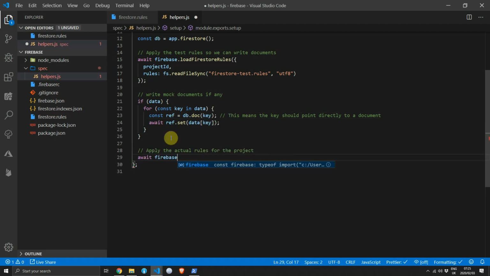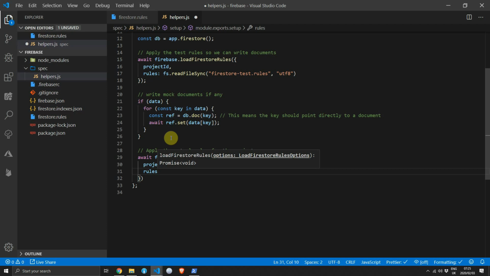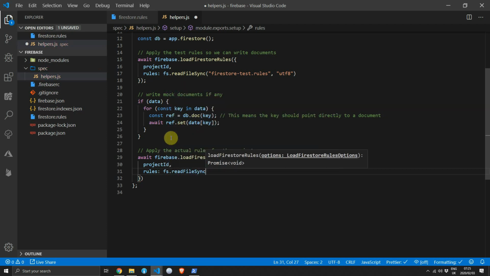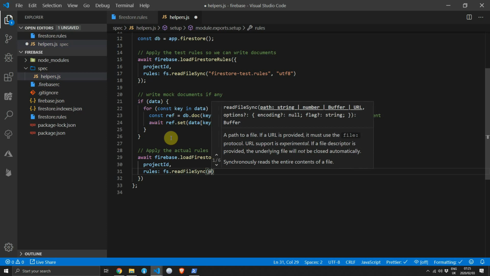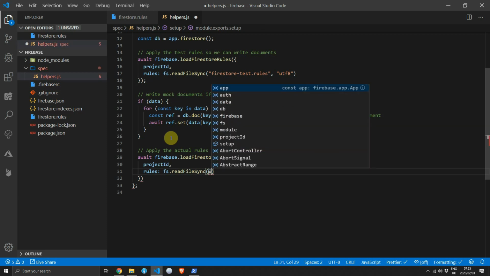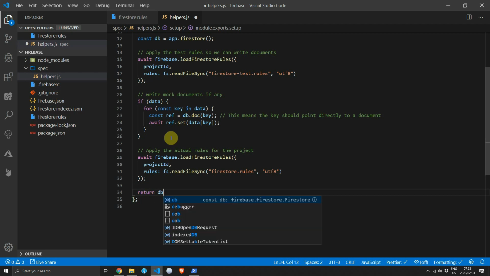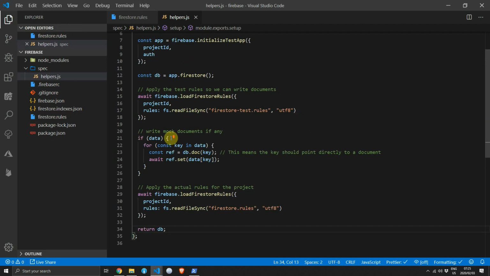Then after having written our Firebase mock data, we can now apply the actual Firestore rules, which will be used in production. We will call the load Firestore rules function provided with the same project ID, and then for the rules we will read up the firestore.rules file and put it in a format of utf-8. And the last thing we want to do, which was the point of all of this, is return the reference